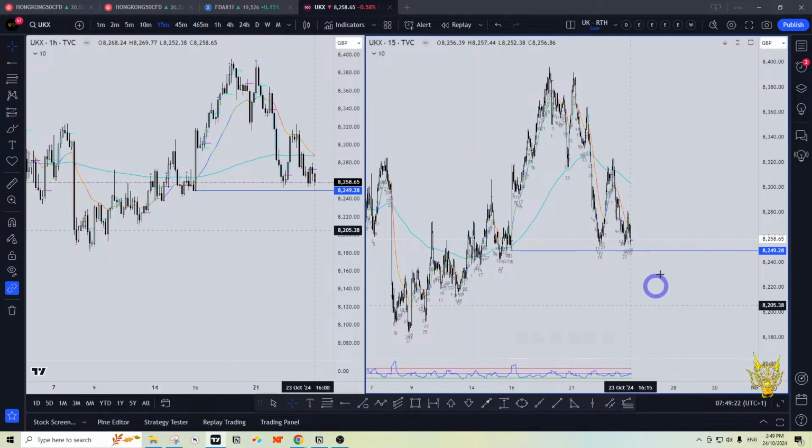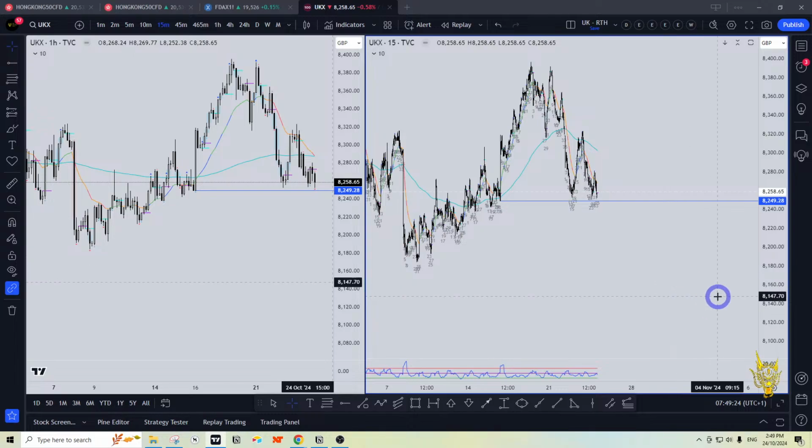Where do we think the measured move targets would be here? If you've got TradingView, you can click this little button and hit copy link and post it, I think, in the chat. Otherwise,